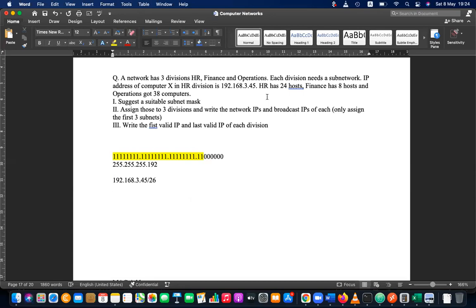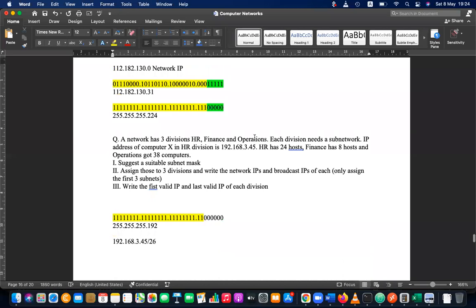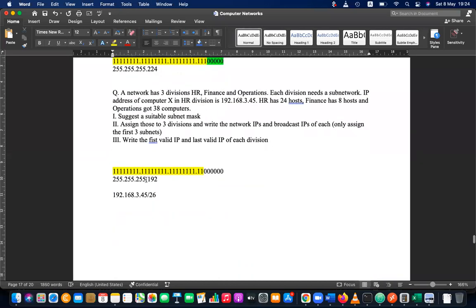See how the question comes? Understood? You have to create this kind of question from a root case. From the root case, you have to create the question. Now this is the one. According to this, you have to find the network IP. So 192 is